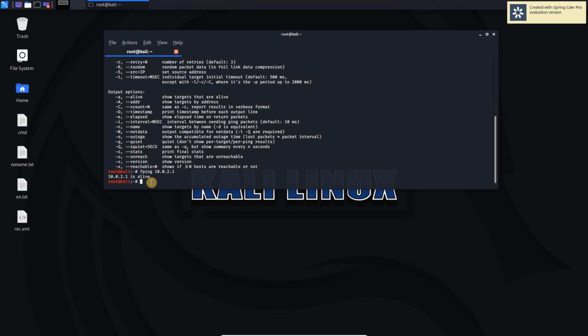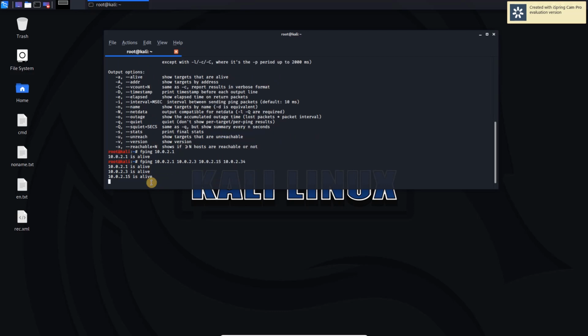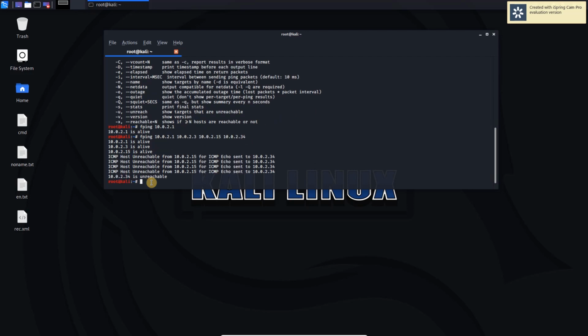Suppose we want to ping more IP addresses at the same time, then we can just type the IP addresses that we want to ping, 10.0.2.3, and similarly you will enter all the IP addresses, 10.0.2.34, and it will show you the list of results.